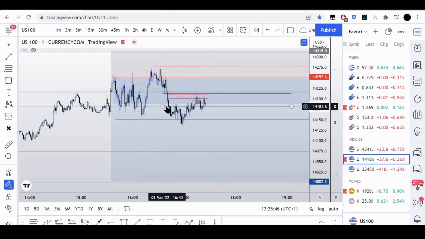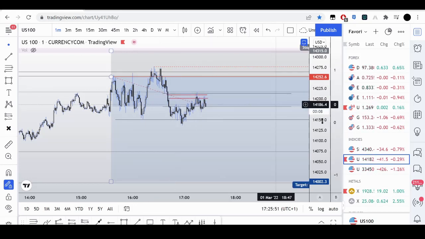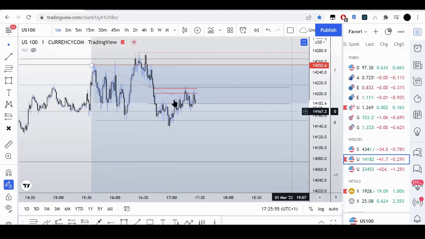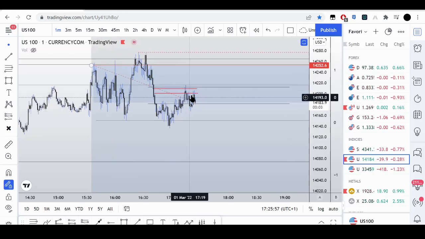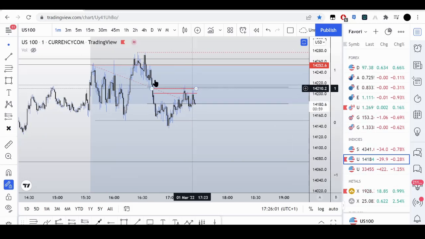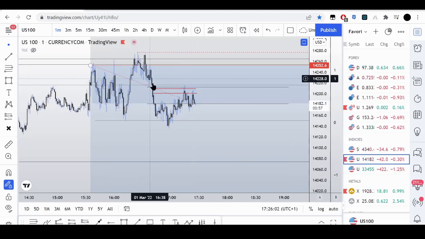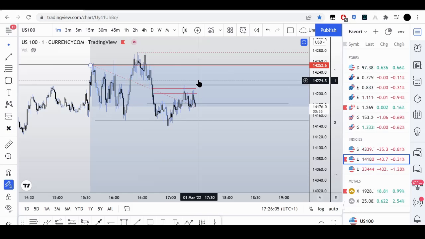Here's the discount of it right here, and this is annotated by this line right here. This right here is just a refinement inside of there. You see that fair value gap, how it rebalanced this. See how the bodies are respecting it. I would love to see this hold and just leave this fair value gap in this order block for later, you know what I mean, and just continue. That's what I want to see.